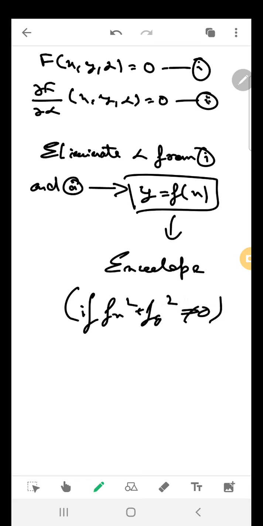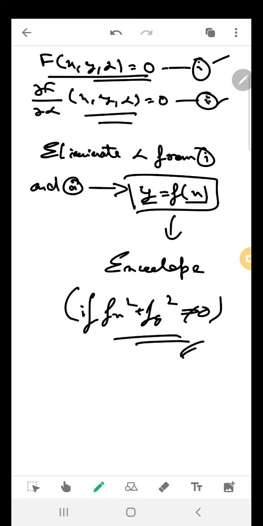Got it? So what you need to do is that you will already be given an equation of the family of curves, and you need to differentiate the family of curves with respect to alpha, equate that to 0, then eliminate alpha from these two equations. You will eventually get a relation between y and x in this manner. Then you need to check whether this particular condition is satisfied or not. If this is satisfied, then the eventual relation is the equation of the envelope, else it will be the locus of singular points. Clear?